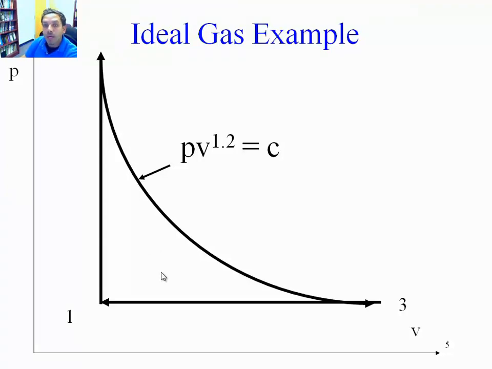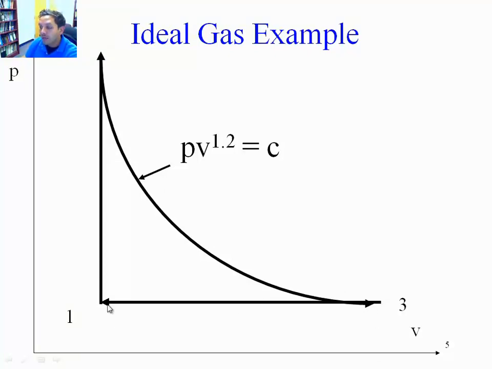How do we know that? Remember, the work is the area under the curve. And in this case, the net amount of work is the area under all the curves. The area under 1, 2 is 0. Obviously, this is an isometric process, no work. The area under 2, 3 is positive. It's the entire area under this curve 2, 3.